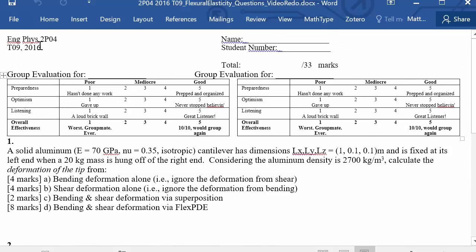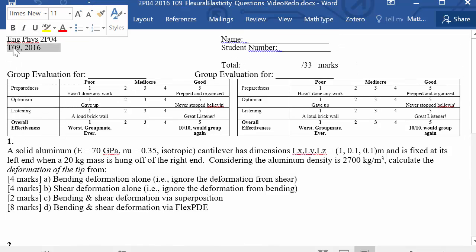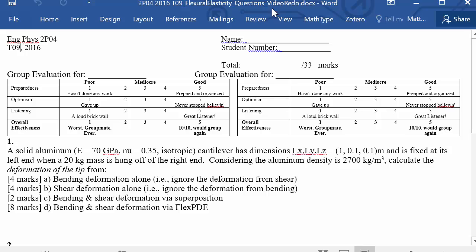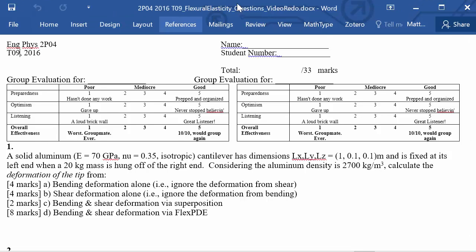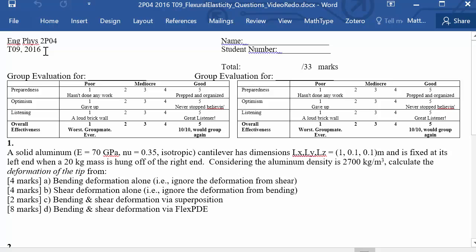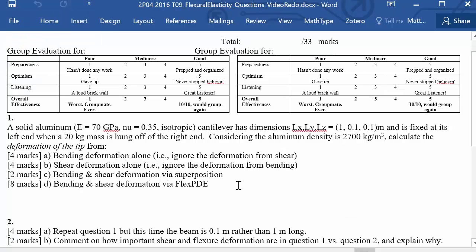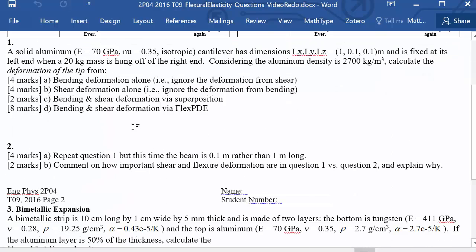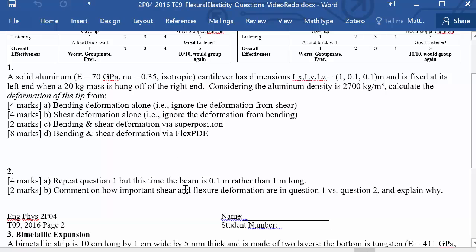All right, welcome to 2P04 test number 10 prep. So this is going to be our flexural elasticity test here, and we're going to look at test number 9 from 2016 first, and then we're going to look at an exam question from that year to get at the piezoelectric stuff. So first, questions 1 and 2 here deal with a lot of the